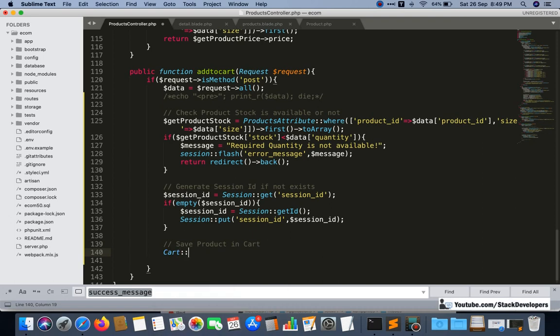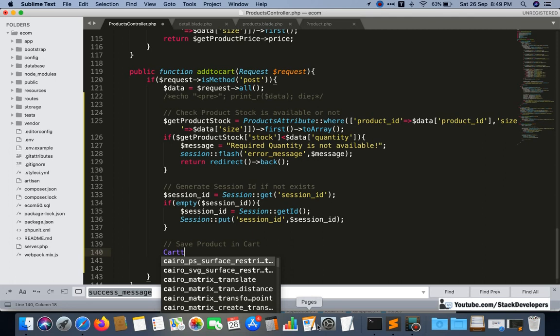Simple enough, cart is our model, and insert. See, there are two ways to add the product in the cart. One is simply we can use the insert query, like I am going to use now, and another one is dollar cart equal to new cart. So another way is to use it like this, dollar cart equal to new cart, and after that we are going to add one by one. There are two ways to save the product in the cart. So we are going to use this one that we have used many times. So let us use it this time like this, insert.